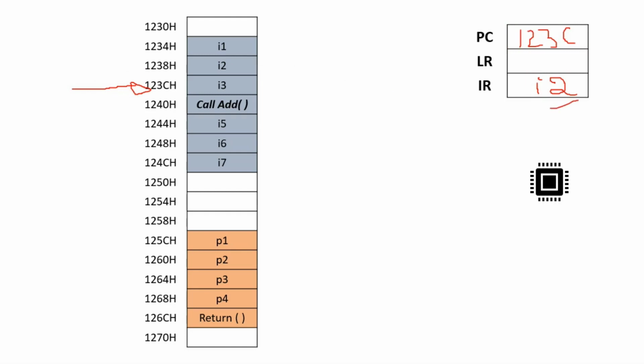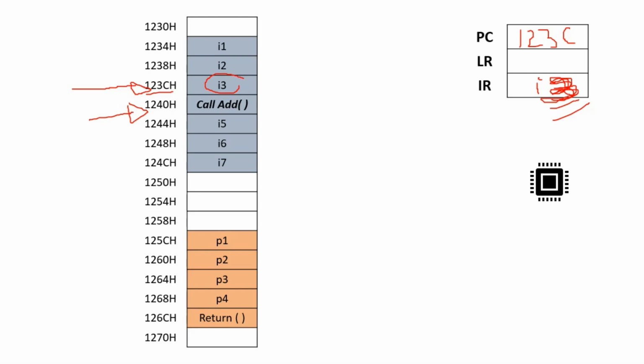Now once I2 is completely executed, the PC value will be pointing to the I3 instruction, that is, the PC holds the address 123CH. So the processor directly fetches I3, stores it in the IR register to execute, and updates the PC value to the next instruction, that is the call add instruction.